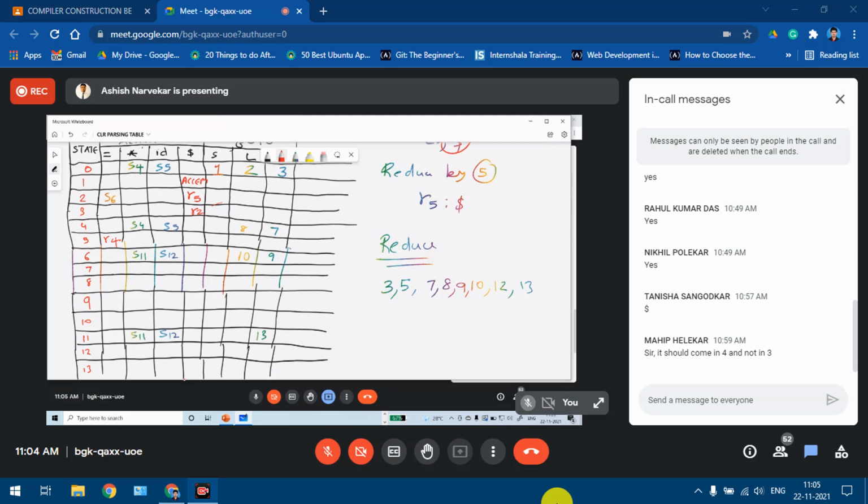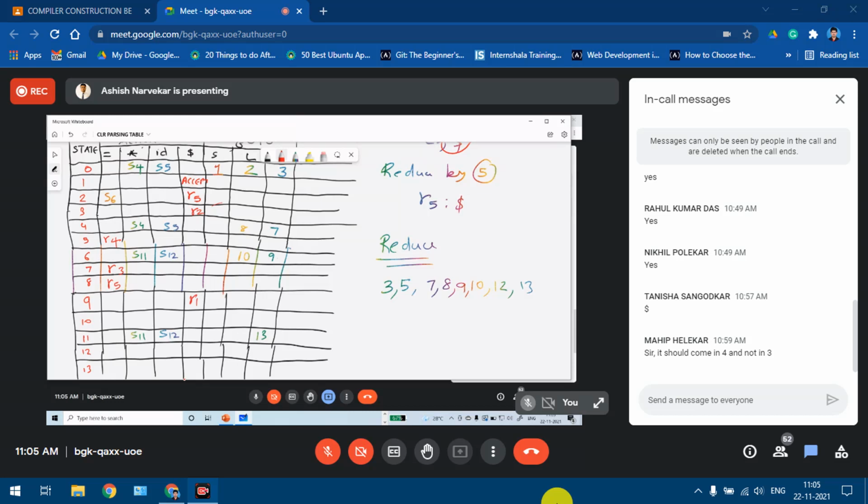So we go to state 7. State 7, we can see that there is a reduction by production number 3 using the look ahead equal to. So under equal to, we'll be writing R3 in 7. Then 8, we can see that there is a reduction by production number 5. So we'll write R5 under equal to because the look ahead is equal to. Then state 9, we can see that there is a reduction by production number 1 using the look ahead dollar. So in state 9 under dollar, we'll be writing R1.